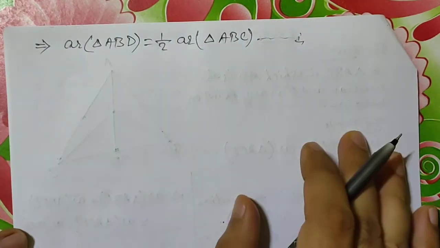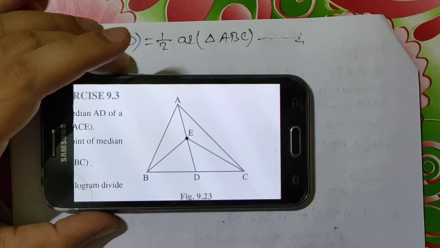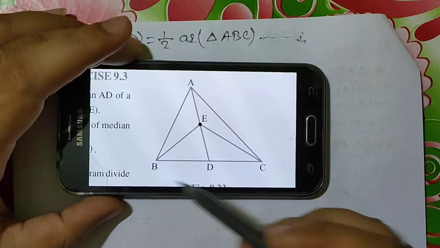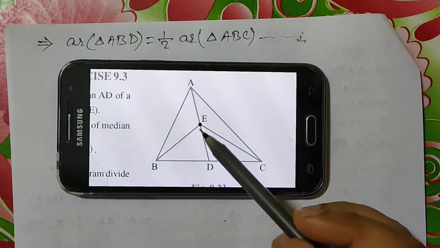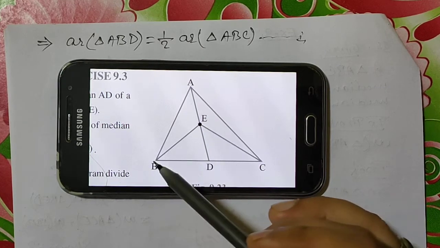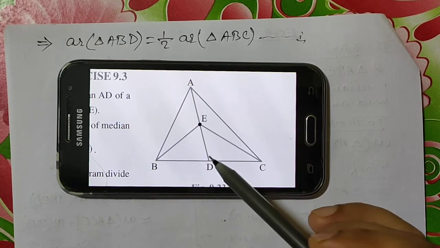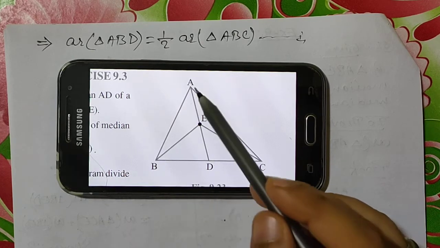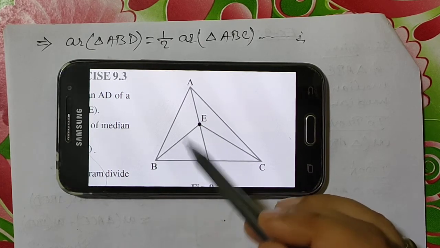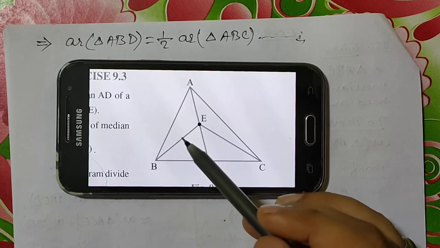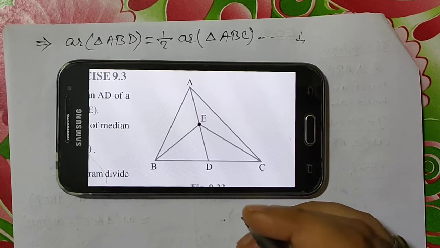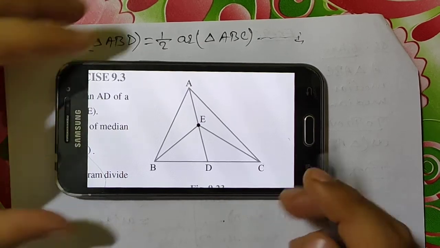Now let us move on. If we observe this figure, we know that E is the midpoint, it is given in the question, so we can use that BE is the median of triangle ABD. So if BE is the median of triangle ABD, then we can easily write that area of triangle BED, or BDE, whatever you want, is equal to half area of triangle ABD. Yes, we can use it. So let us write it now.